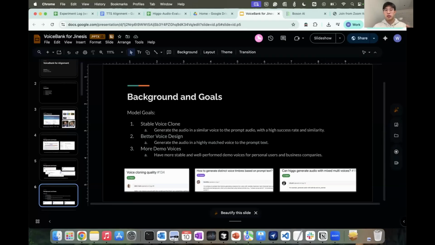If you give the model a text prompt describing the voice, for example, an old male voice with a high pitch, the model could generate a voice exactly matching the description. The third is that we want more demo voices to show our model to other companies and customers.